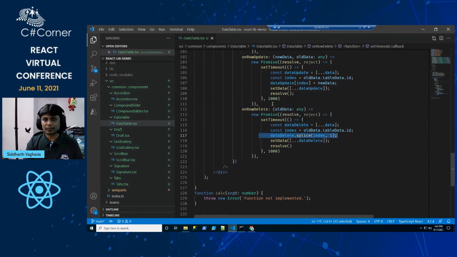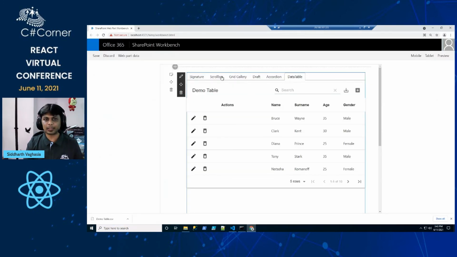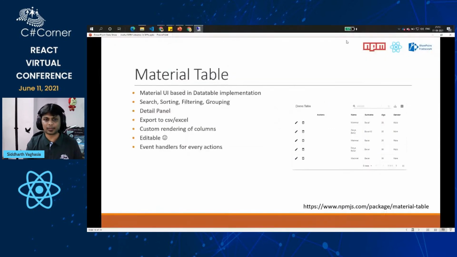So yes, these were a few of the components. There might be n number of other components, and I would like to hear from the audience. If there is something you already know which I have missed, please feel free to add it in the comments, and I would really like to explore it. Being not a front-end developer, I really look forward to using these kinds of UI libraries, which we can easily use to build our solution, rather than depending on the UI developer to build something.